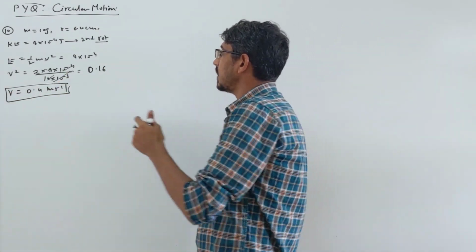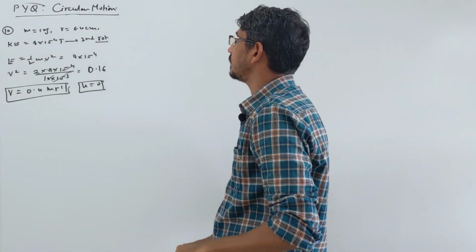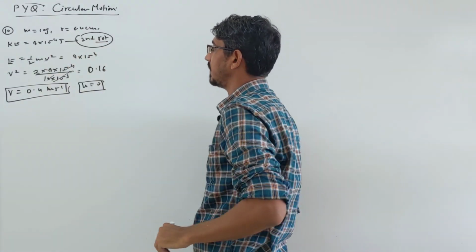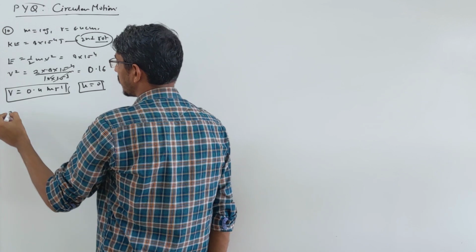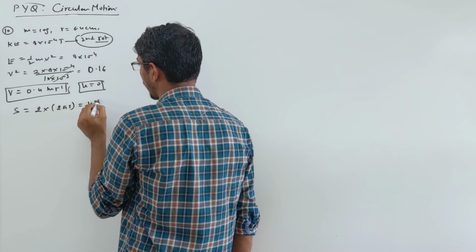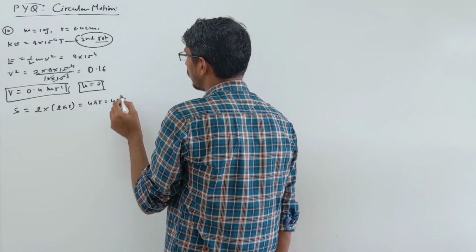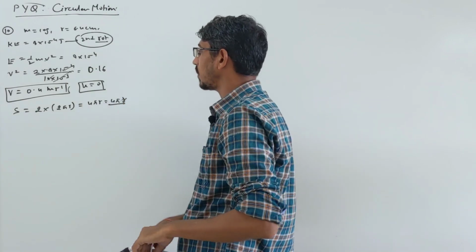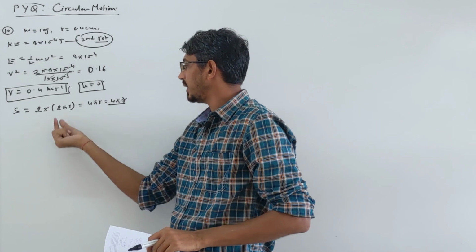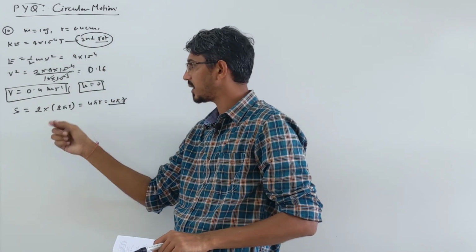Now the initial velocity is 0 because it starts from rest. The final velocity we know, and after the second rotation the kinetic energy is given. So what is the distance moved after the second rotation? 2 times 2 pi r, which is 4 pi r. Total distance, sorry, because we are talking about speeds. The distance moved in one revolution is 2 pi r.